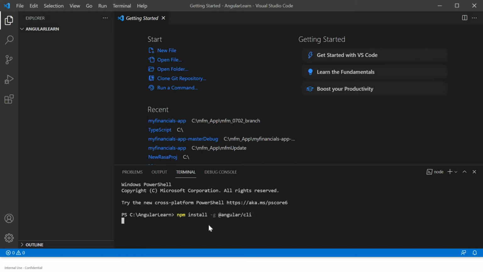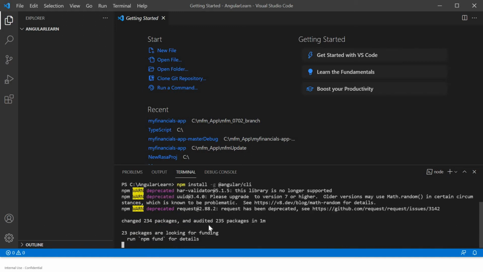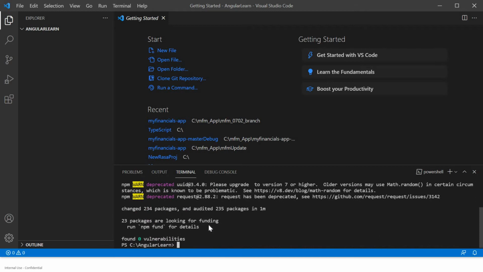It will take some time to install Angular CLI to your machine. Okay, so now Angular CLI is installed.